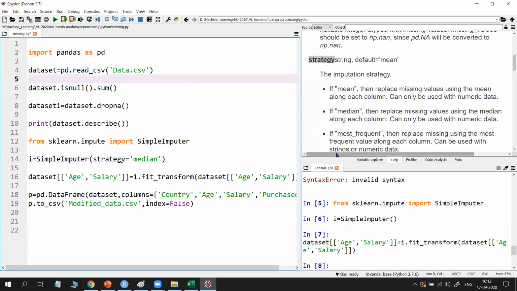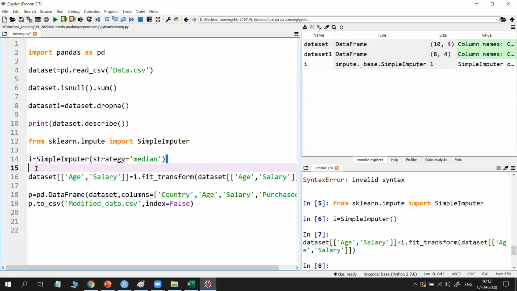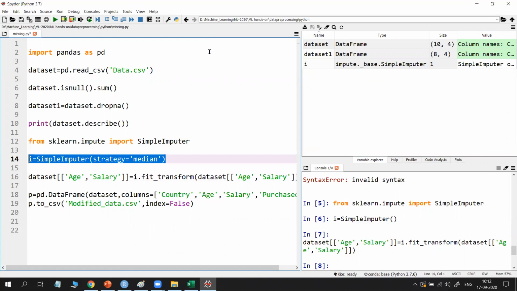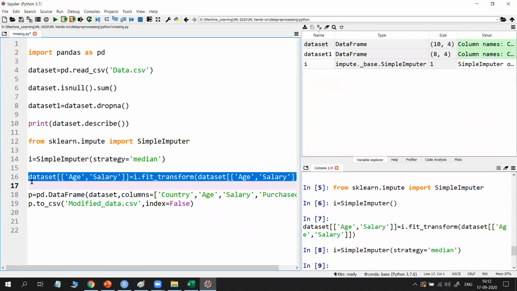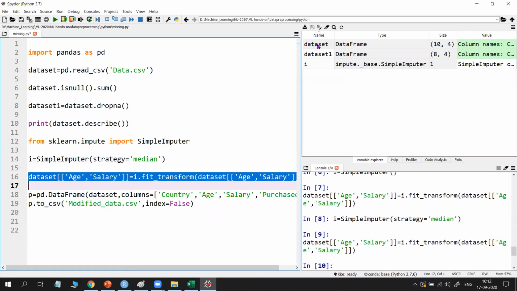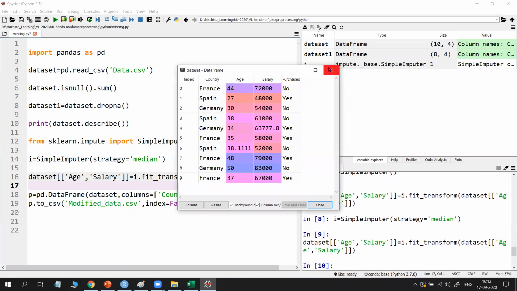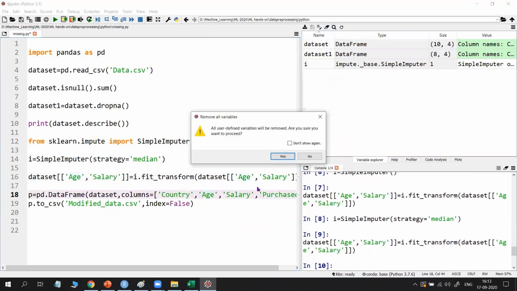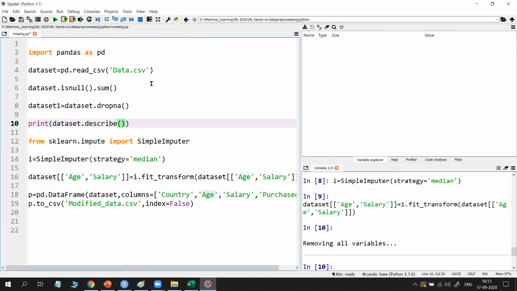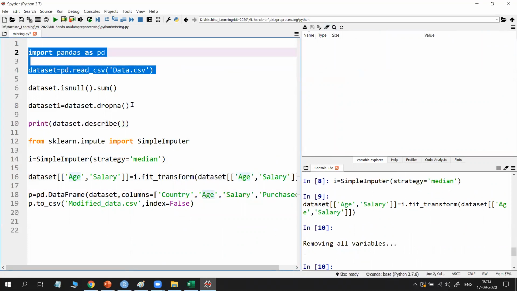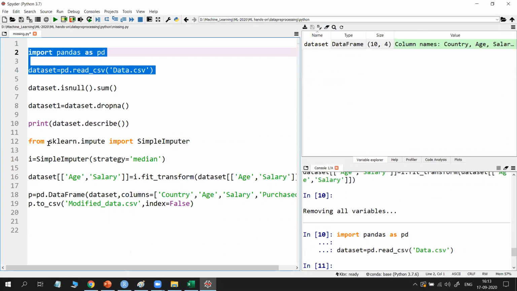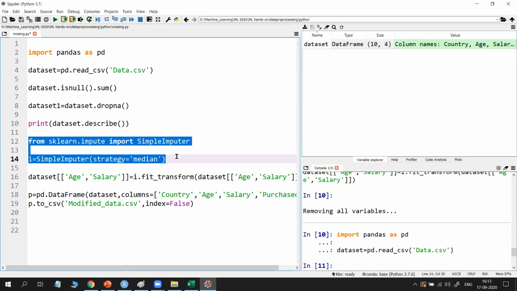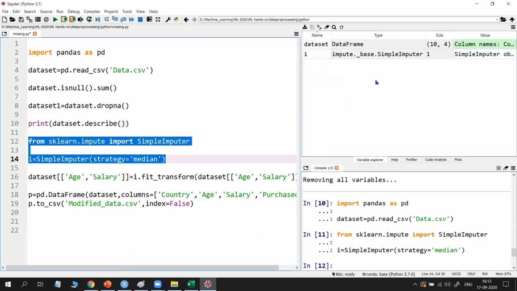So now try to execute this again. Create an object, F9. Now I am applying median. Now open the data set. But before that, you need to do it from the first, because if the previous values are there, there may be a problem while loading. Okay. So do it with the median now.